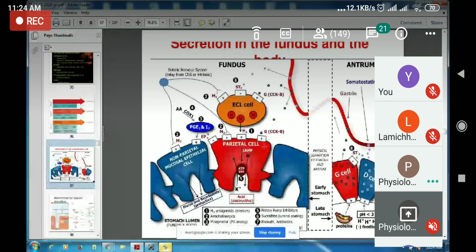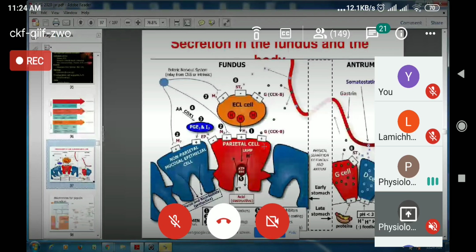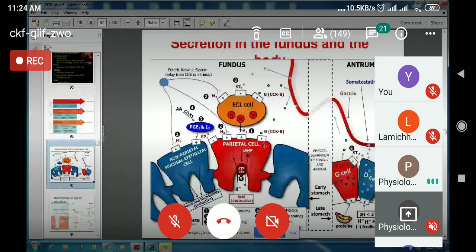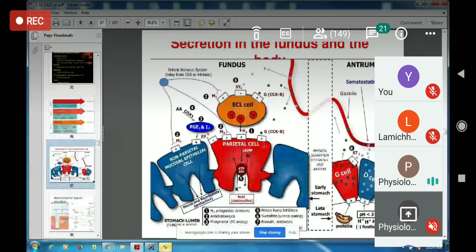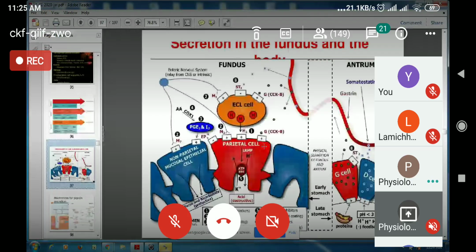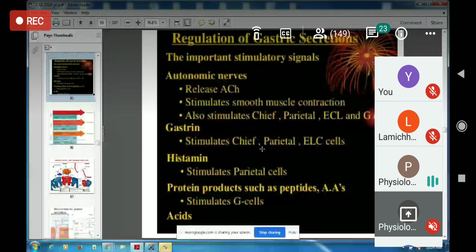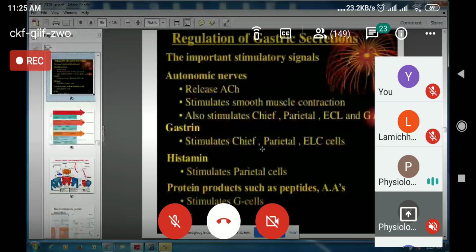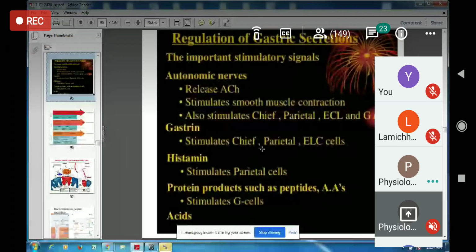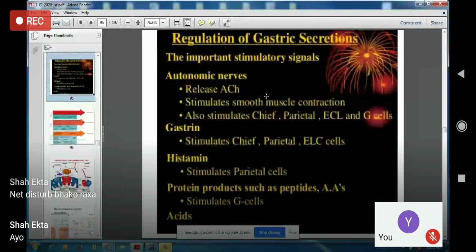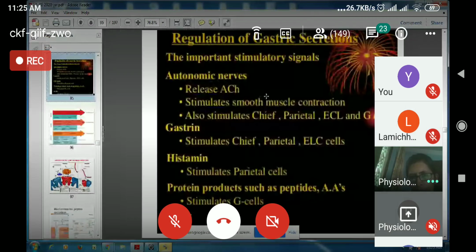Regulation of HCl secretion is mainly by neural and hormonal mechanisms. Okay, neural mechanism by the autonomic nerves, that is the parasympathetic, that is the vagus nerve. When the vagus nerve is stimulated by parasympathetic stimulation, the nerve releases acetylcholine, and through the muscarinic receptor it